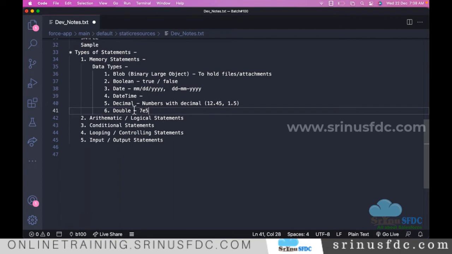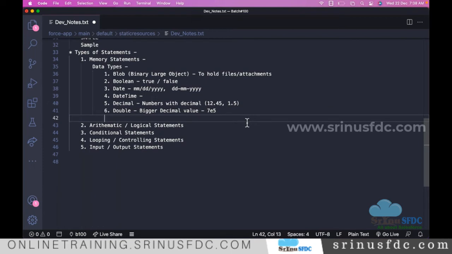Simply, how do we understand this one? Let's say a bigger decimal value. To hold something like that, we use this double type. Mostly we don't use it. I never used double in my experience. Maybe if you are dealing with some mathematics-related project, we might need it. Okay, the next thing is